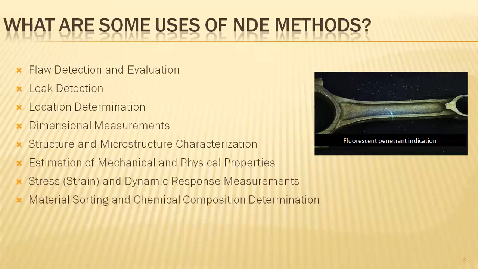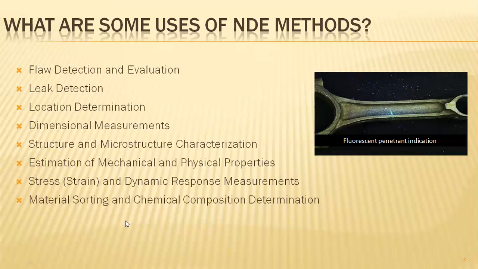And stress or strain, and dynamic response measurements. Stress is clearly known to us, that is, the applying of a force on the particular object. Due to that, we see whether the object is changing its position or not. Strain is the change in its dimensions from the original dimensions. Whether it is changing or not can be identified very flexibly.